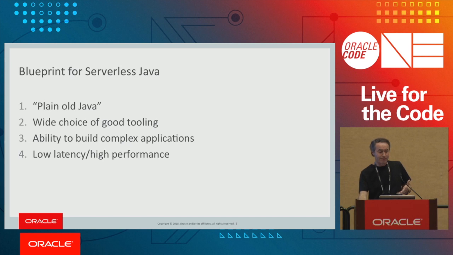So I think there are some criteria for what Java would need to do to be a good language for functions. The key is, I think people want to write plain old Java. They don't want to have to learn some new weird frameworks. They want to write just Java. Why should you have to contort yourself to use a new platform? We all have our favorite tools, and our religious wars about the best build tools, so it should just work with whatever tools. It's just Java, hopefully. I want to be able to build complicated applications.